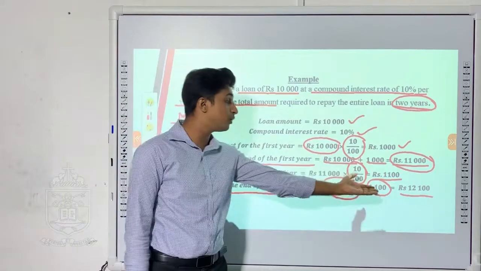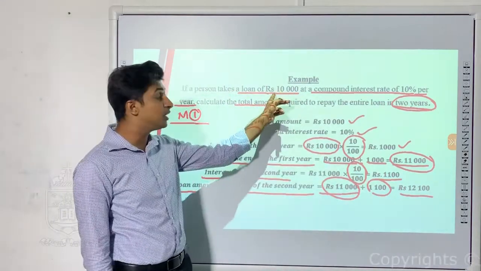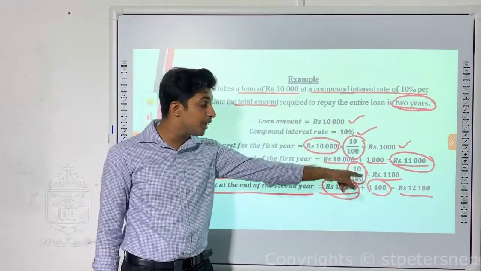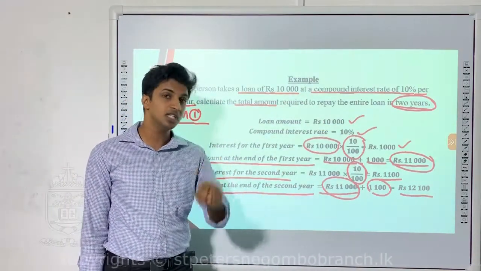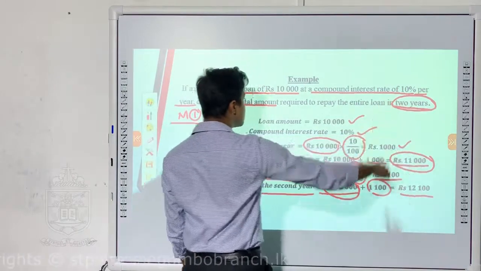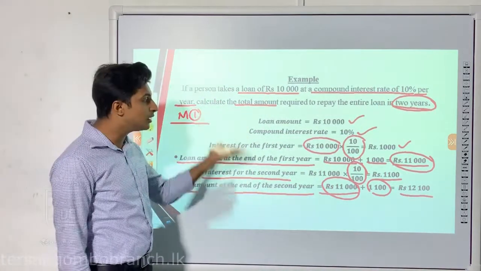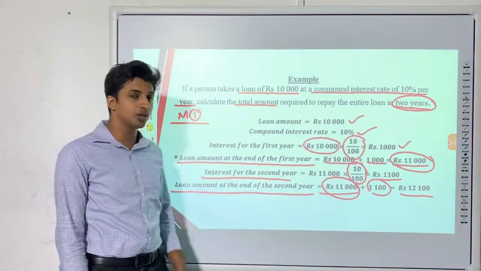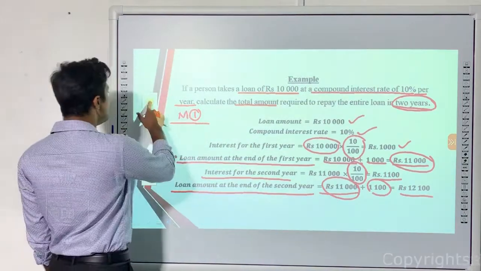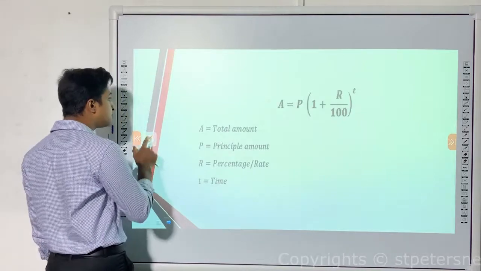Therefore, this man has to pay rupees 12,100. He borrowed only 10,000, but now he has to pay rupees 12,100 by the end of the second year, in 2 years. Okay, so this is the longer method, or the step-by-step method, of doing or thinking about the question. Or we can easily use this